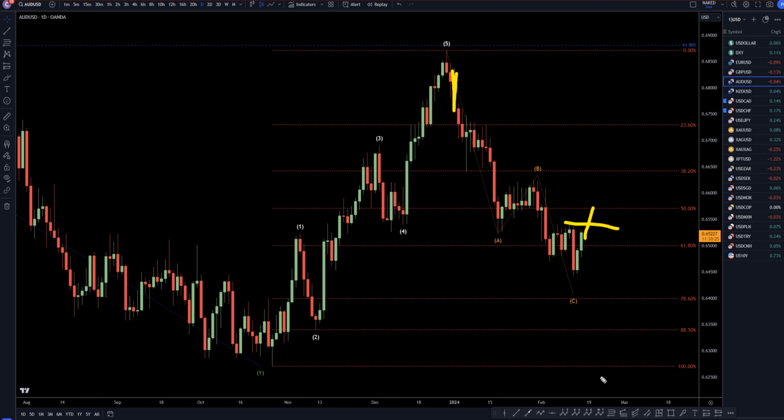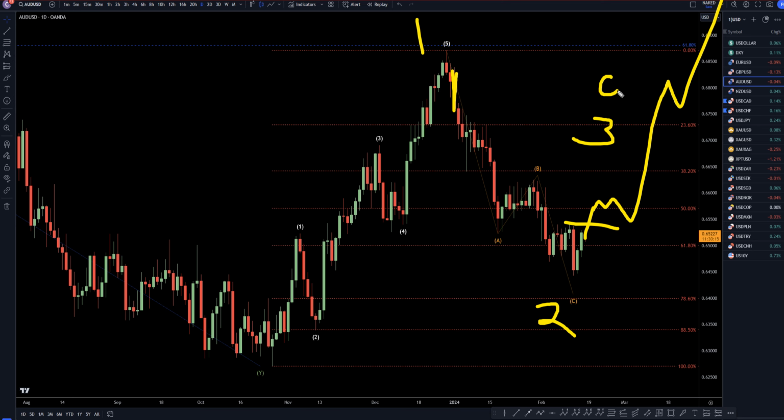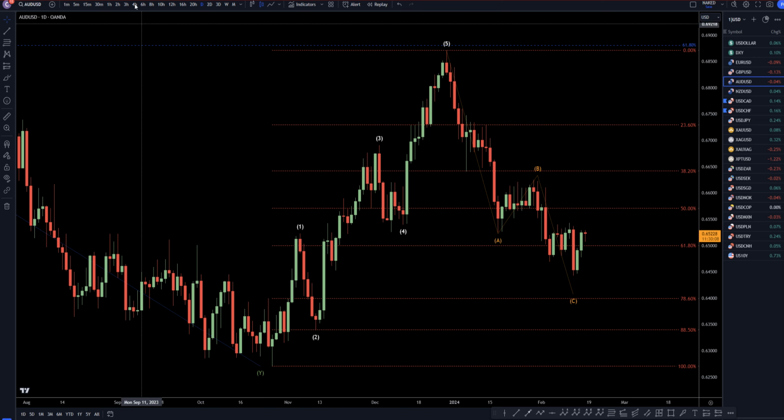Once we get that break of structure to the upside, that will pretty much tell me that the wave two is over and that we are going up for a wave three, which will definitely turn me back into a buyer for the continuation of this uptrend, which should be a wave three of wave C. Until I get that break of structure to the upside, I definitely am primarily looking for shorts on shorter time frames.